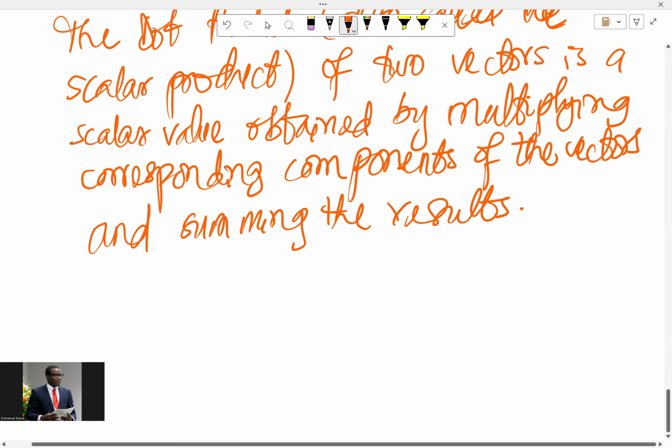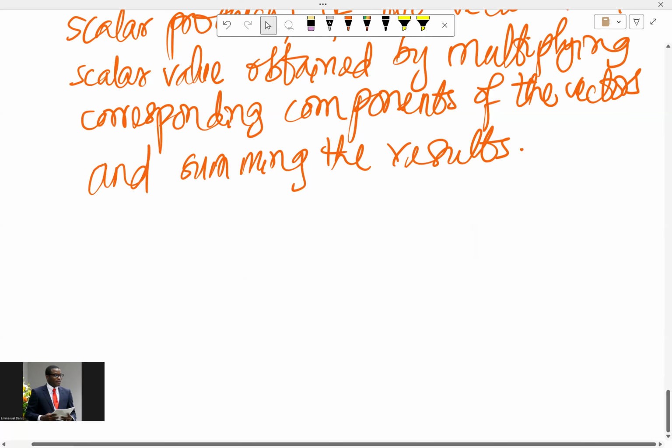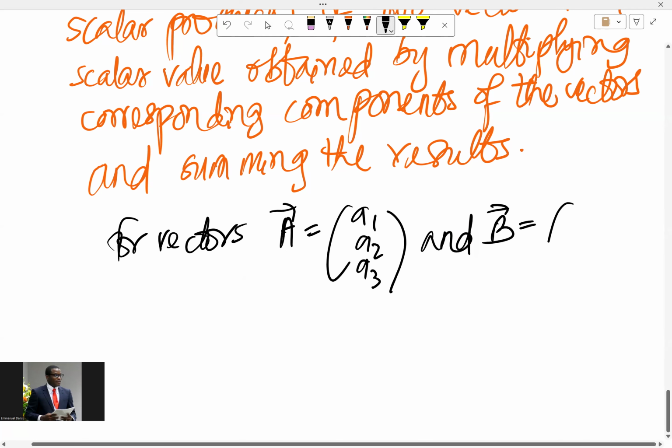To demonstrate that in general terms, we can say that for vectors A, which is A1, A2, A3, and vector B, which is B1, B2, B3,